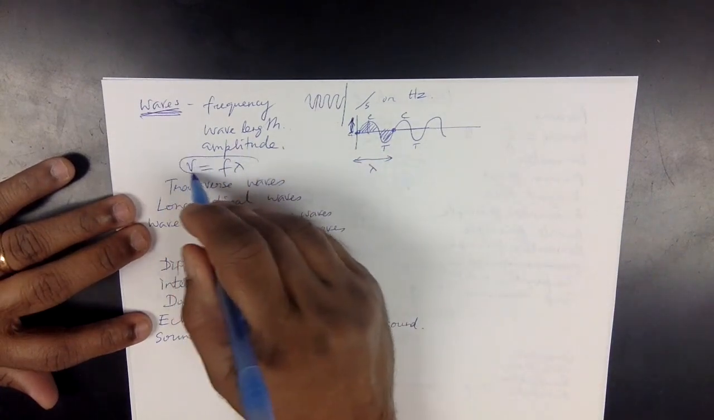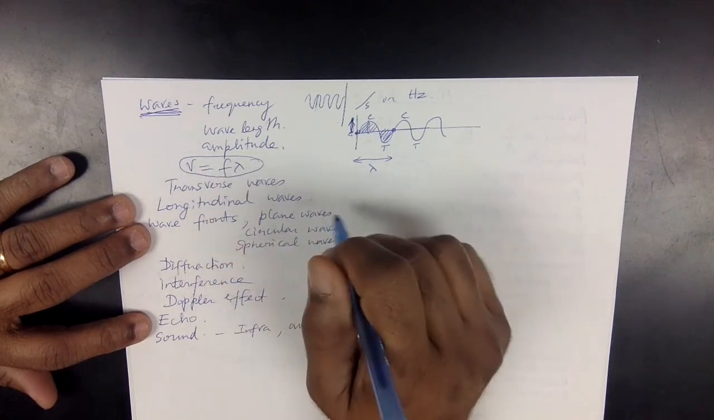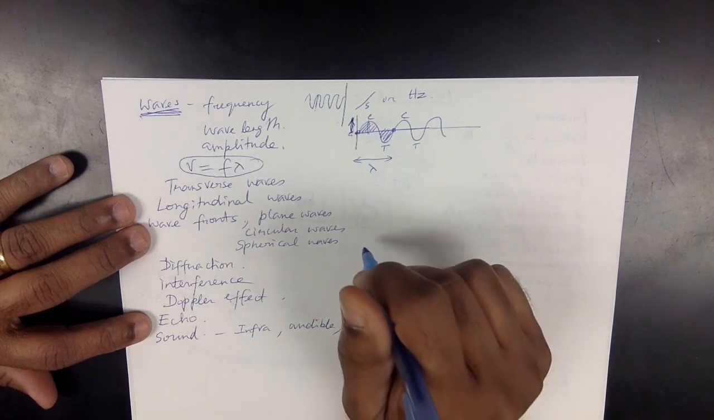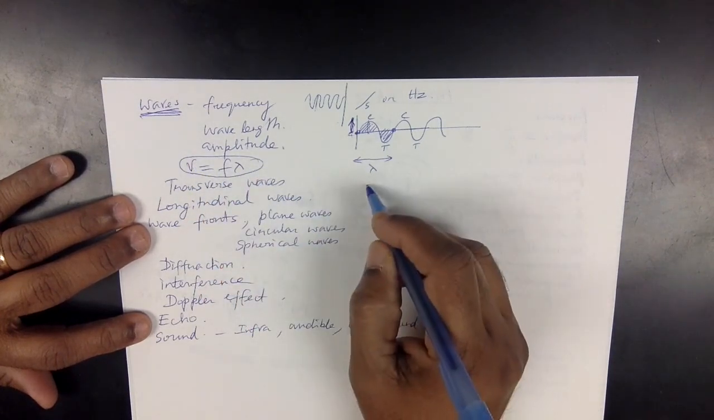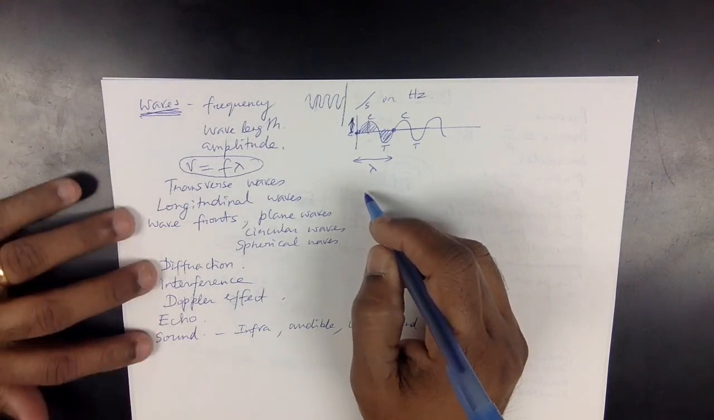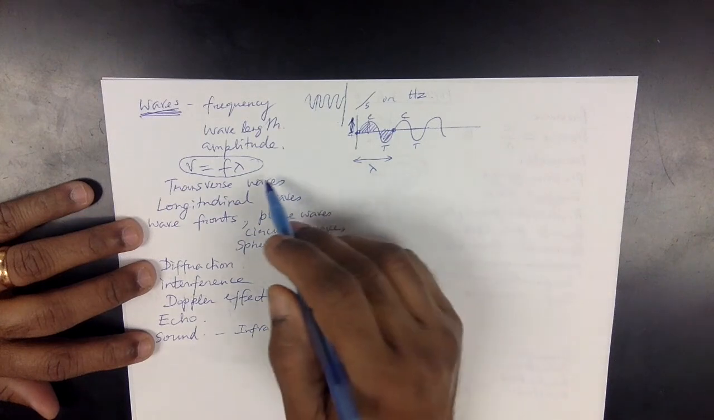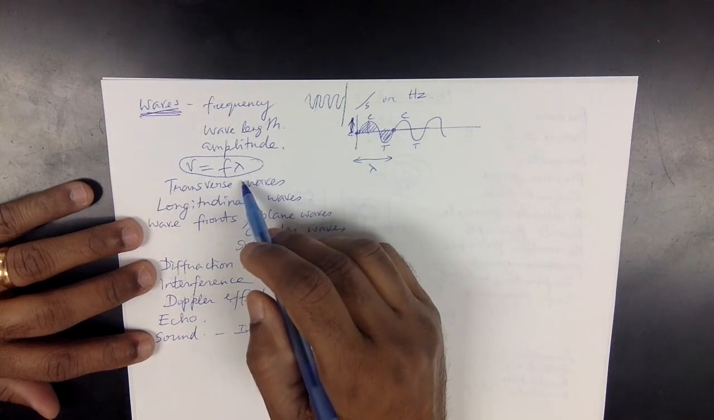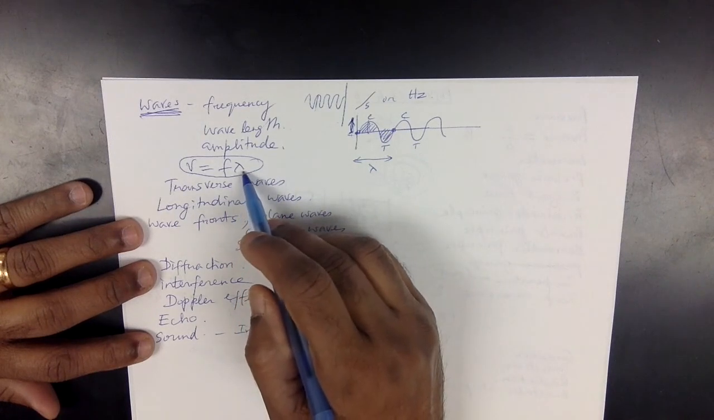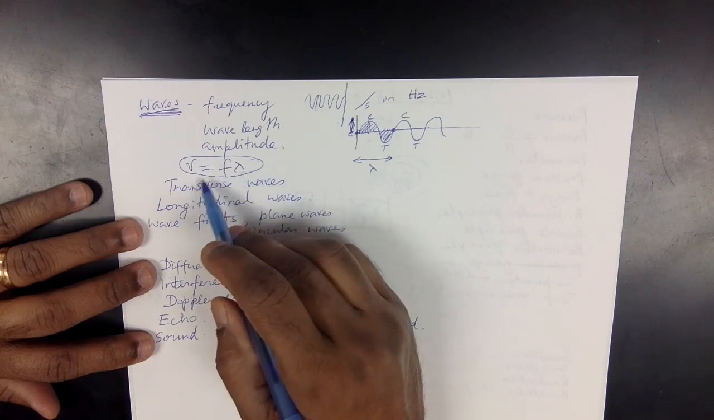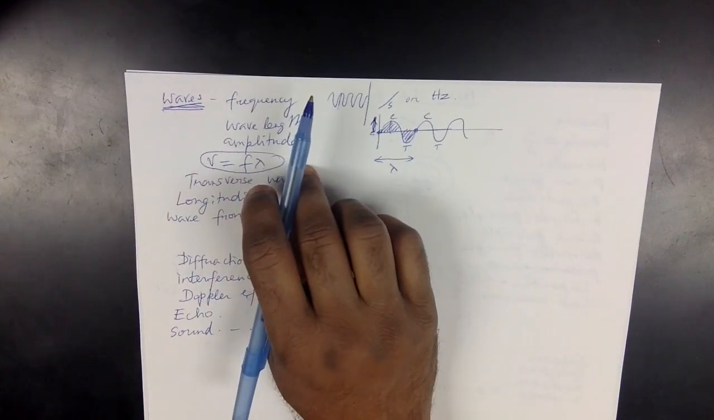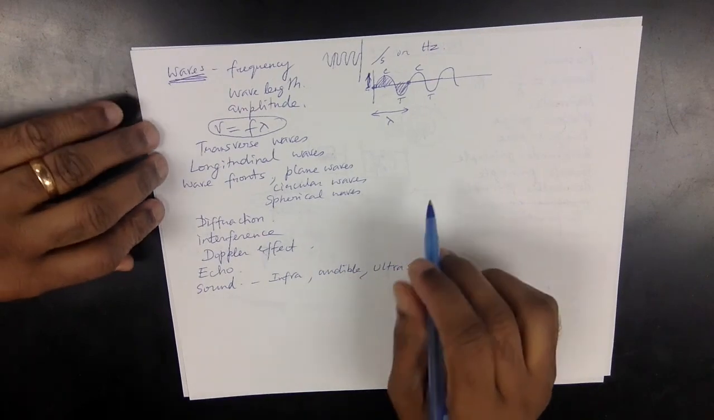The very important equation is velocity is frequency times lambda. So if I give you the speed of waves, and if I tell you the frequency, you should be able to find the wavelength. Or if you're given the wavelength, and, for instance,